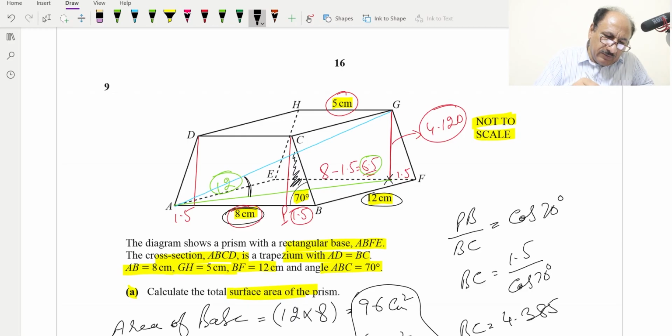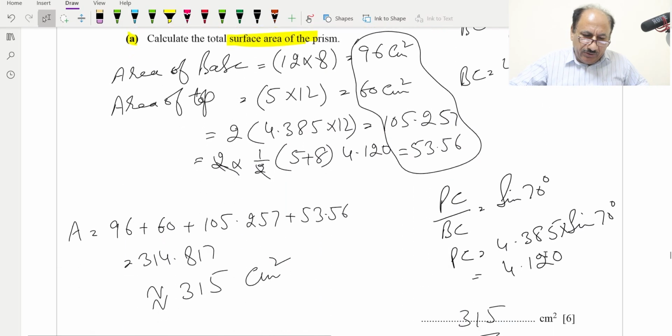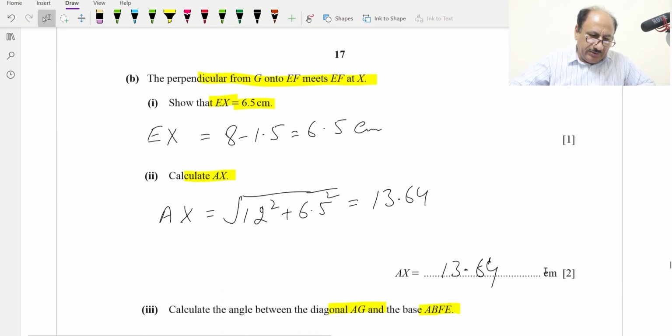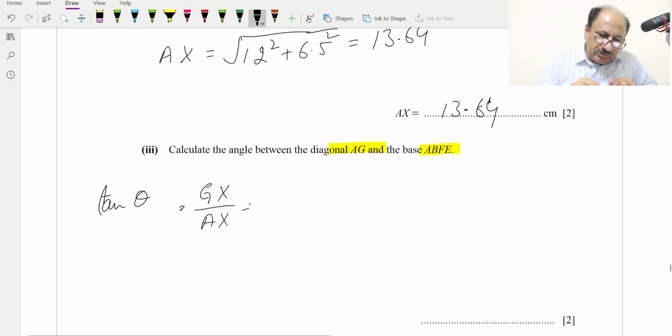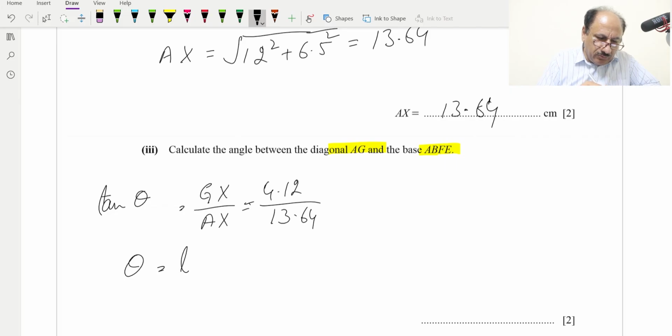This will be our theta value. GX is 4.12, so we will write here GX is 4.12, and AX we just found 13.64, and this will be equal to, otherwise we can keep as it is, and theta will be equal to